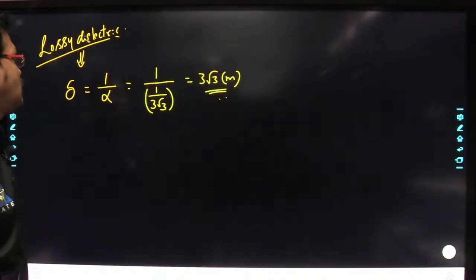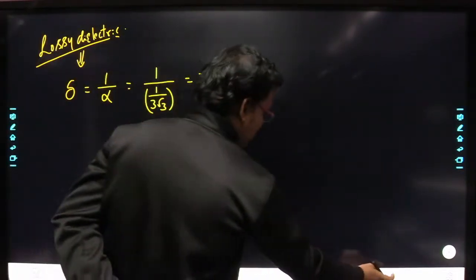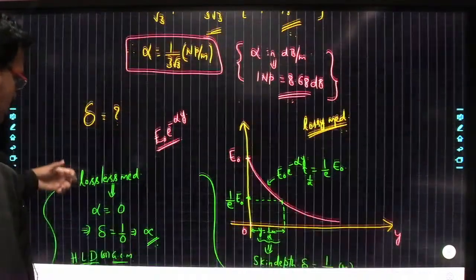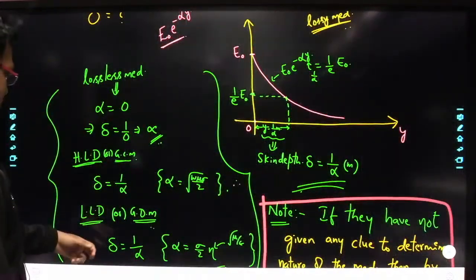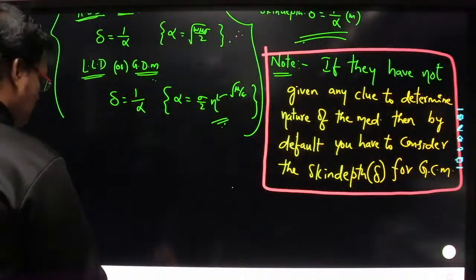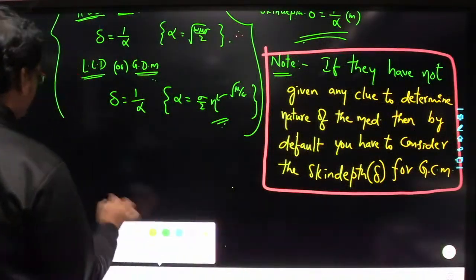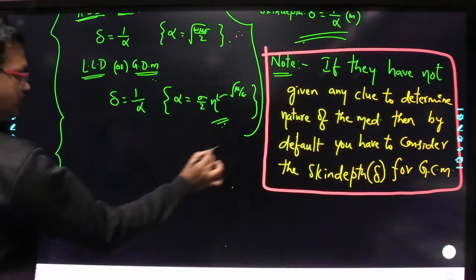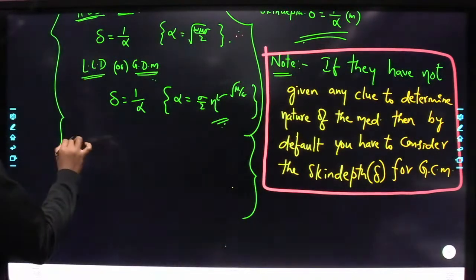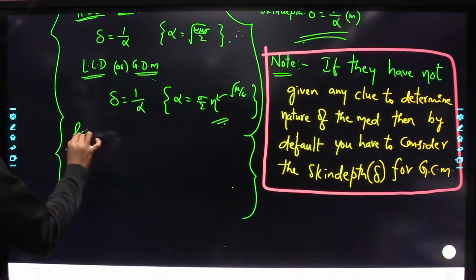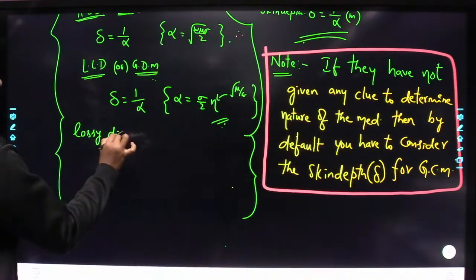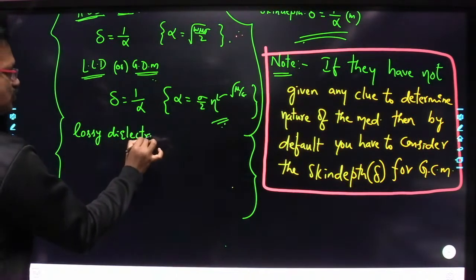So for lossy dielectric, I have not represented it here. I have represented lossless, high lossy dielectric, and low lossy dielectric. So if the medium is lossy dielectric, write down: if the medium is simply lossy dielectric, simply they have given it as lossy dielectric. So in this case also,